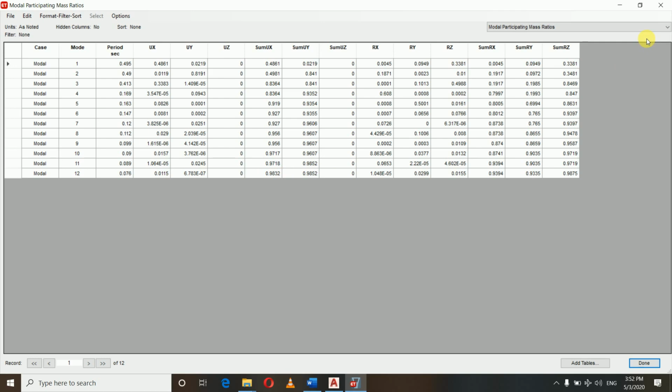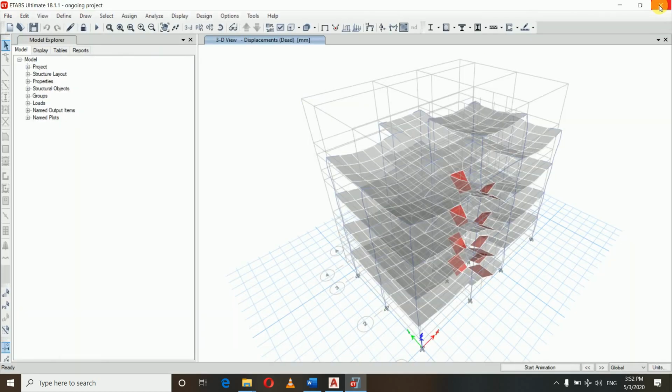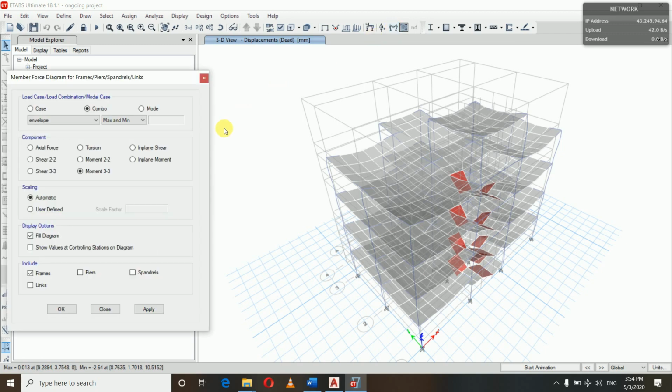So now we have seen the center of mass, center of rigidity and modal mass participating ratios. Having seen all that, now we will move to how to visualize the bending moment diagram and shear force diagram. For that, to show the axial force coming on the column, you go here, to Display Frame/Pier/Spandrel/Link Forces, or simply F8. You can click on this and